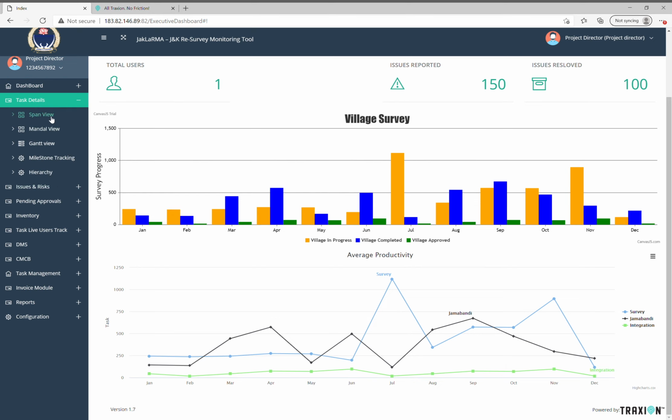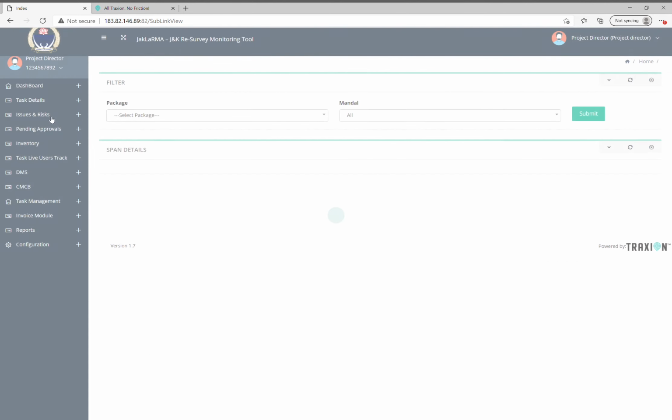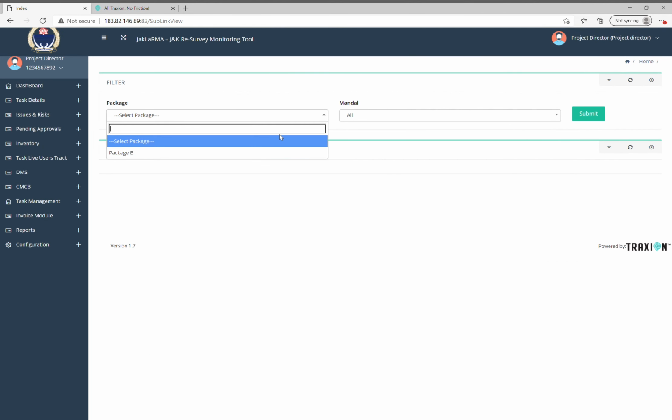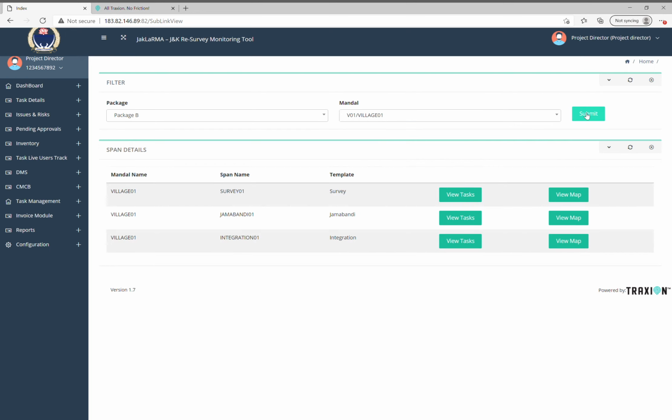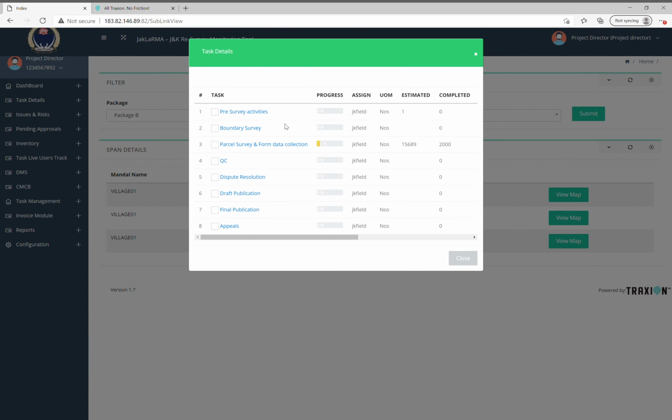Going forward, we have created a couple of villages here already as a template, and we can create more villages as we go forward. For each village, a template of tasks has been created, for which you can then assign people through an assignation process, which we can get into a little bit later. Each of these activities can individually be tracked for every single village.